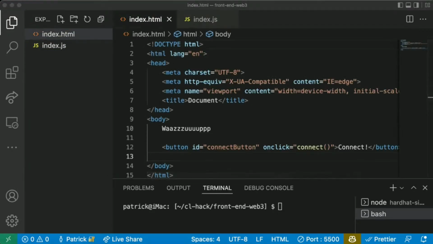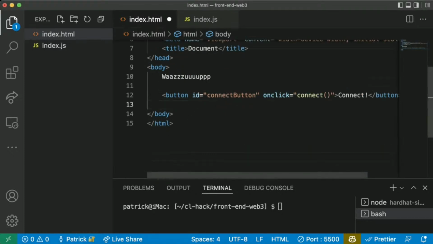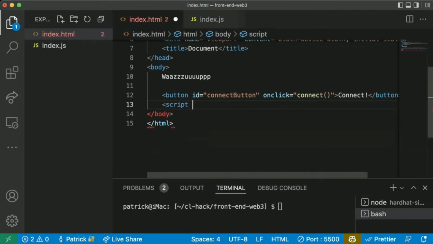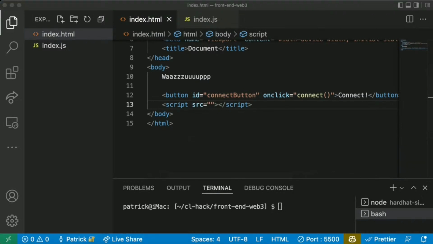So in our index.html, we're just going to say script src equals, and then we're going to point to the folder that we're doing. And I haven't done it yet because I need to show you all something.